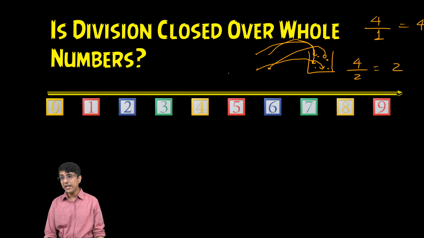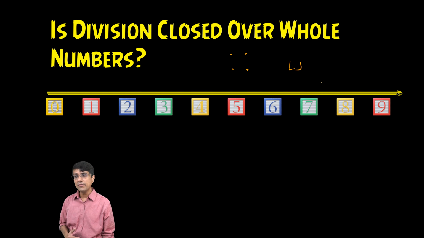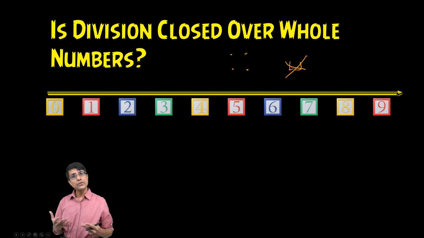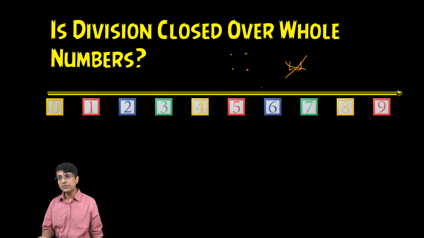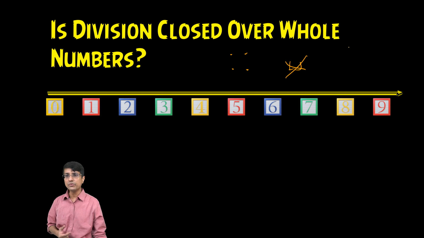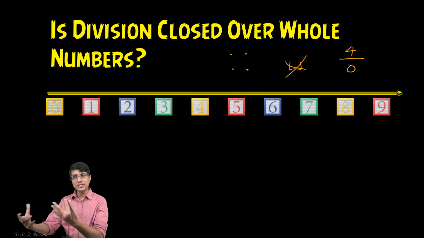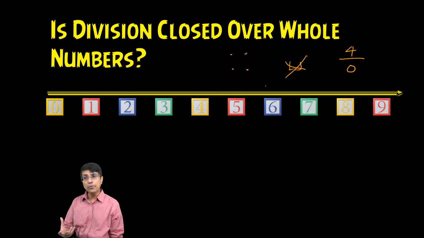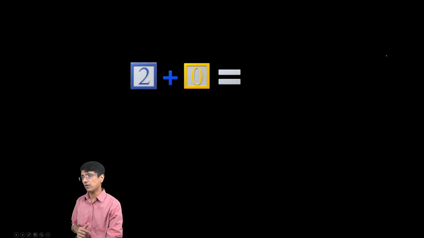What happens if we have 0 buckets? I again have 4 items, but I don't have a single bucket. You'd say that in this case we cannot do division at all. It is impossible, because there are no buckets, so where do I put the items? We get the same result by this method also: 4 divided by 0, or any number divided by 0, is not defined. We cannot compute this at all.